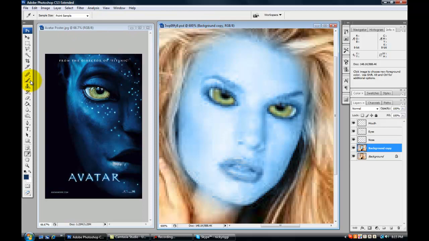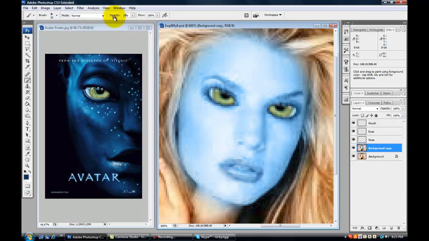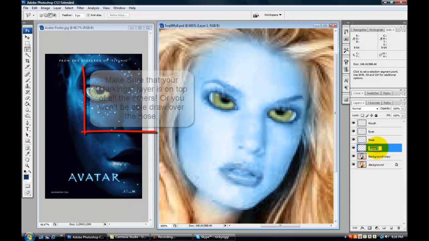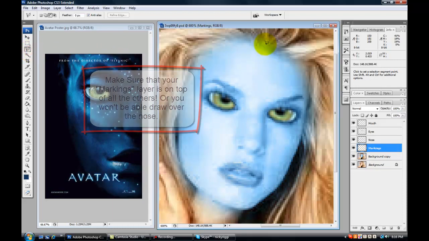So once you have that, you're going to go to your brush tool, mode normal, and the opacity 25% usually. That's what I usually use. Okay, so now go back to your polygonal lasso tool, and your face markings are usually pointed most of the time, like they come to a point. So what you're going to do, you're going to make a new layer, name that markings, or face markings, whatever you want. Make sure you have your polygonal lasso tool selected, and you want to make one from the top